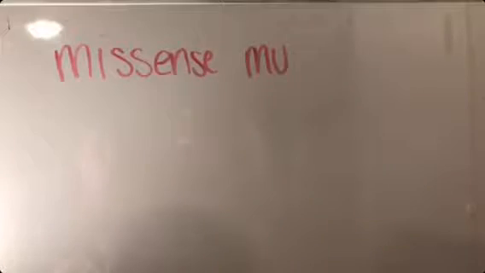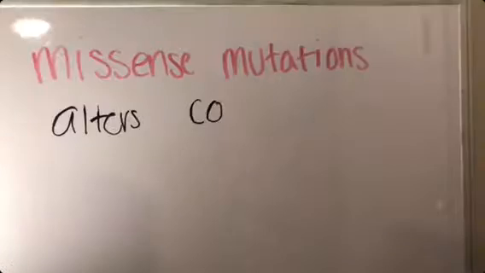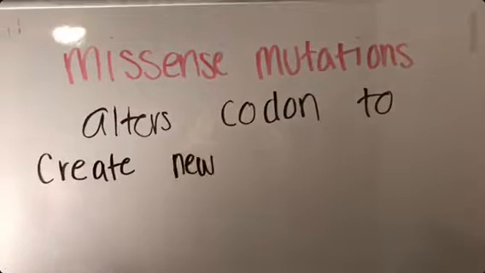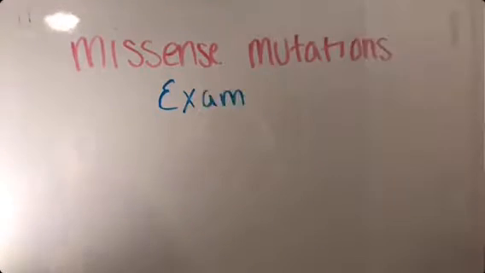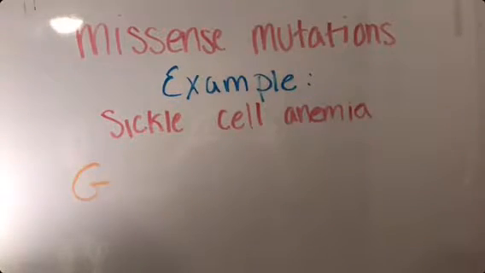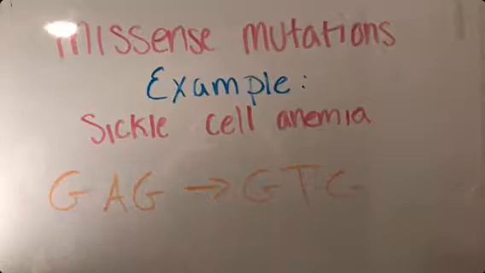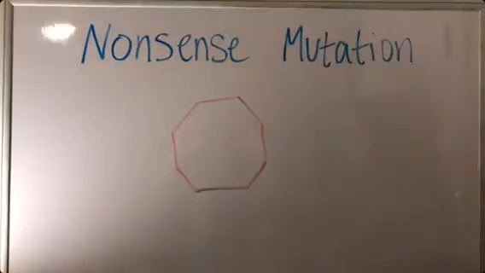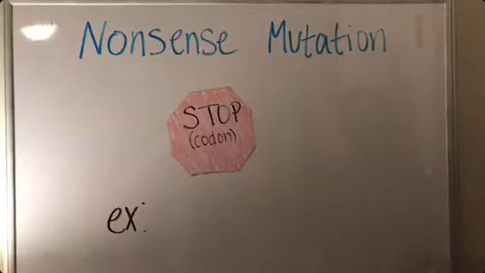Missense mutations occur when new nucleotides alter the code and produce alternate amino acids. For example, sickle cell anemia is the replacement of A with T at the 17th nucleotide and becomes valine instead of glutamic acid. A nonsense mutation changes an amino acid codon into a stop codon, almost always leading to a